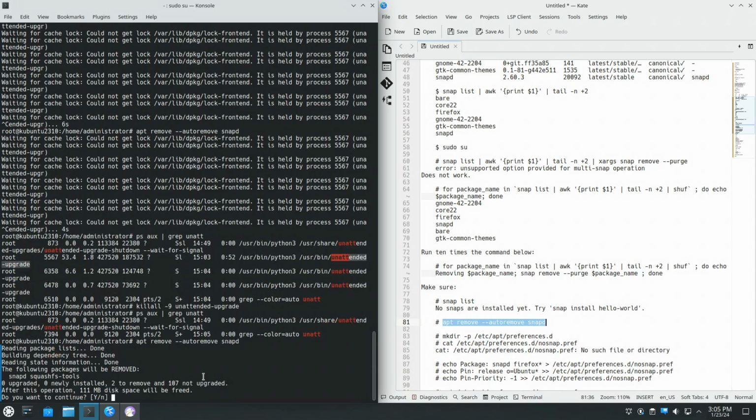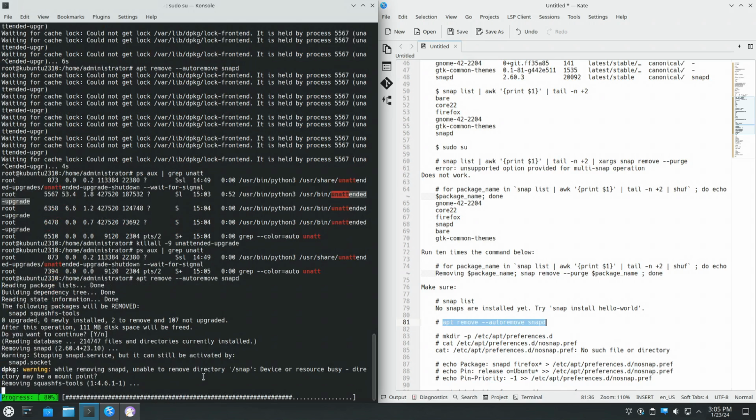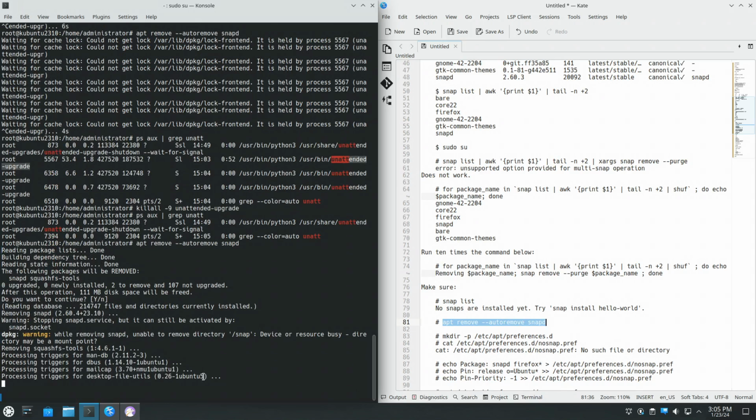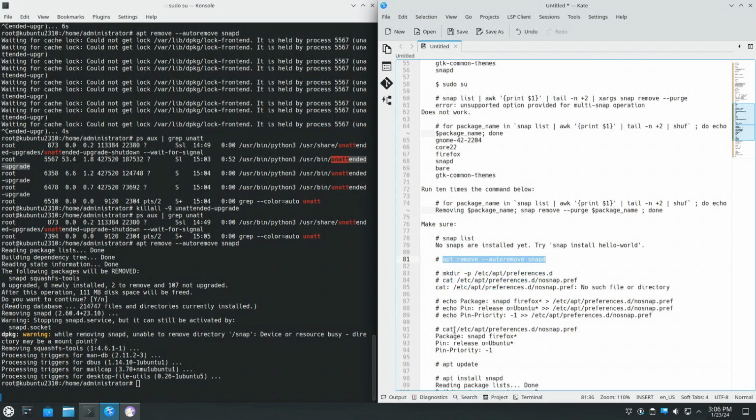It will remove snapd and squashfs tools. Yes, I agree. In order to be very sure that /snap is not in use, maybe you would need to reboot before line 81, so before issuing the command apt remove --autoremove snapd. But it works nonetheless. Okay, then every time somebody will try to run apt install firefox, the deb package for